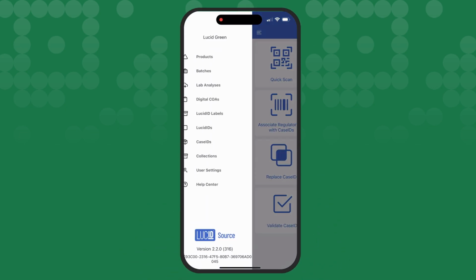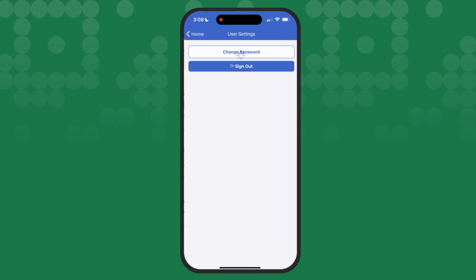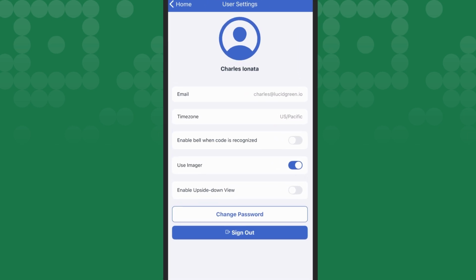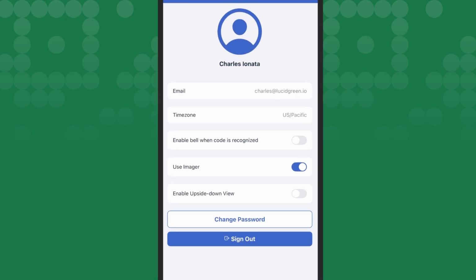To enable the use of the external scanner, ensure that the scanner is connected to the device running Lucid Source Mobile, and the Use Imager option is selected in the user settings in Lucid Source Mobile. This will disable the use of the camera as a scanner and rely entirely on the attached scanner for scanning